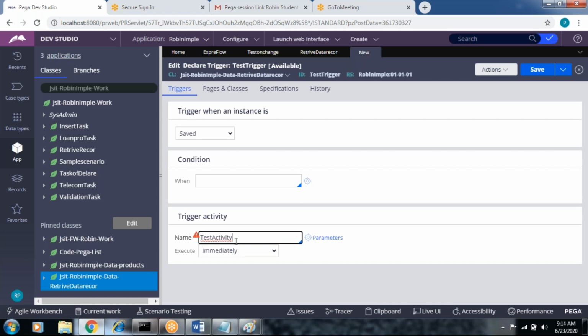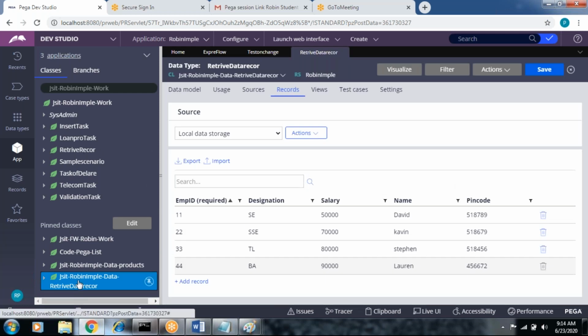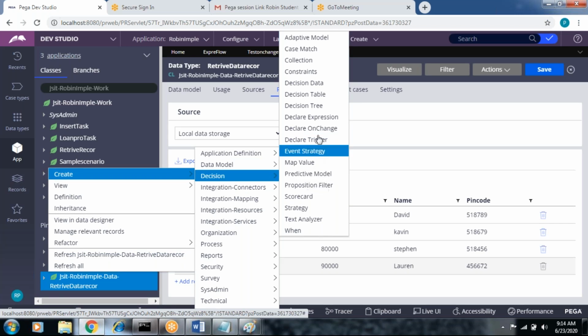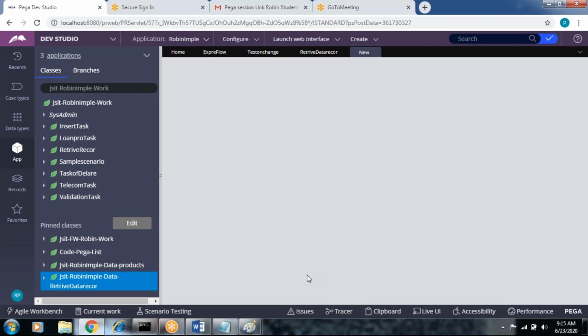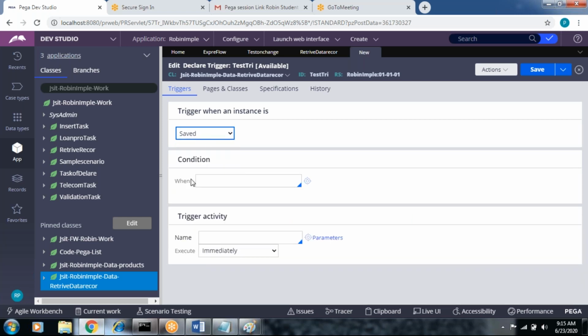Create one page. Okay, create it. Create and open. So here, save.